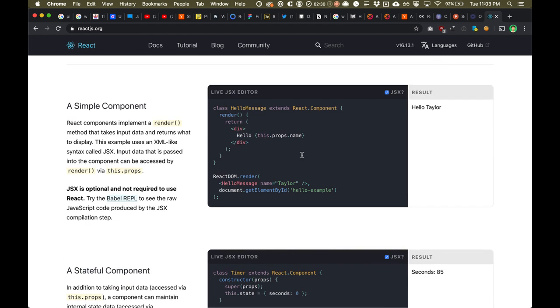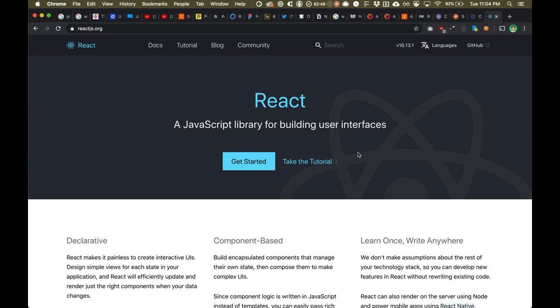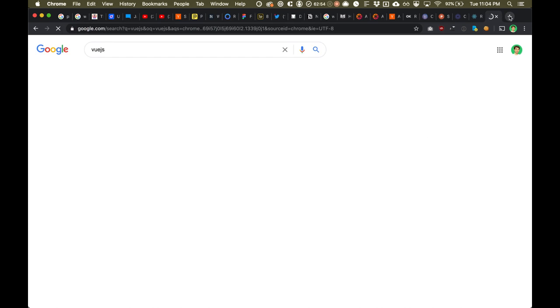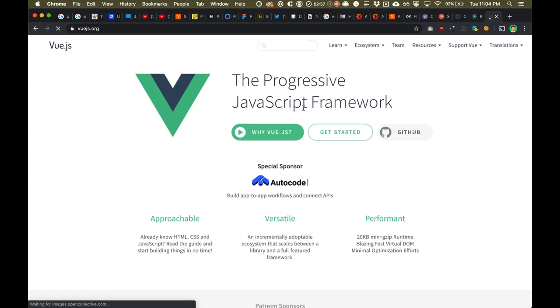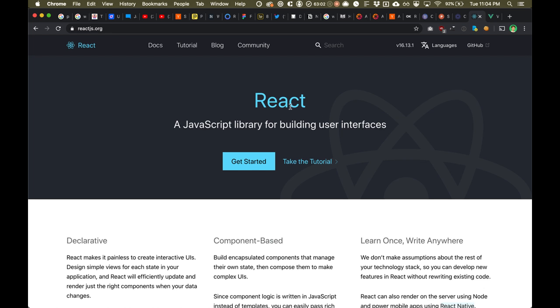So don't learn it before you feel like you've hit a wall and you don't know why. Once you've hit that wall with regular HTML and JavaScript, you're going to realize why React is so awesome, and then you're going to want to learn it, and you're going to need to learn it. But before you need to learn it, I would say don't learn it. And also, don't start with React, start with Vue.js. In my opinion, it's a lot easier to get started with. Sorry for that cough. But obviously, you're going to be able to get a higher paying job with React.